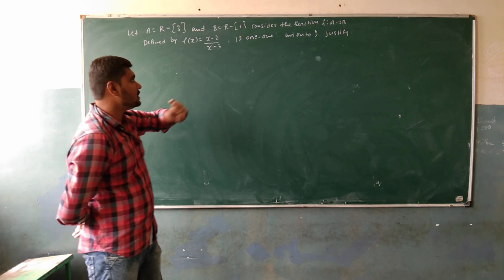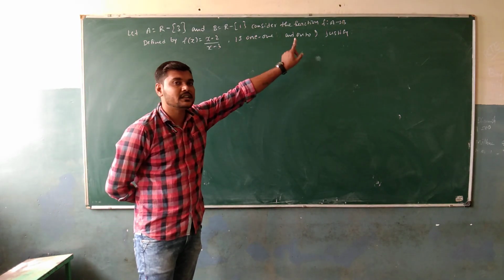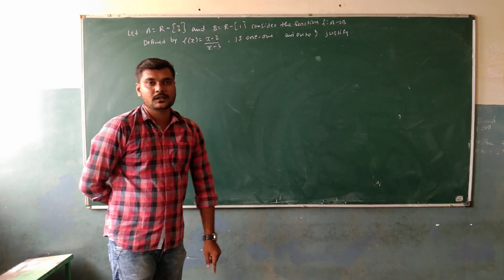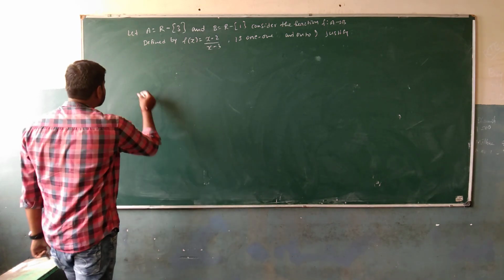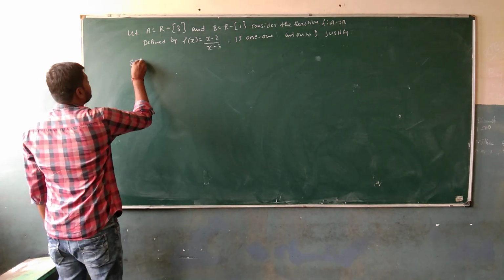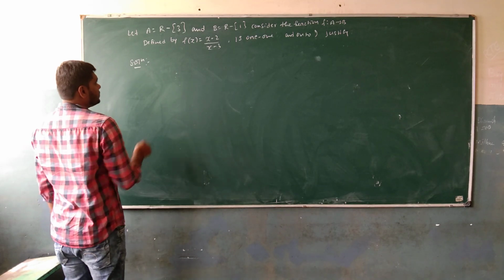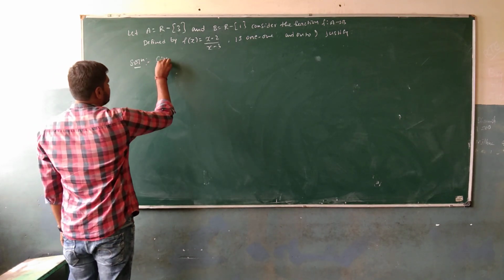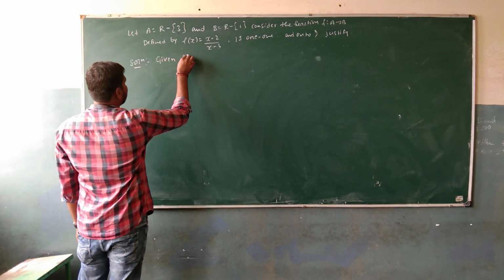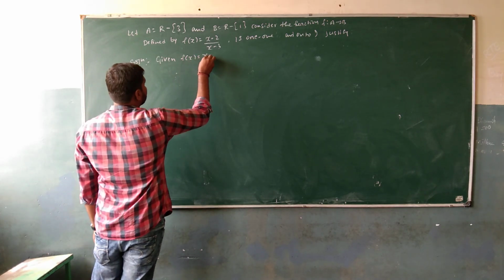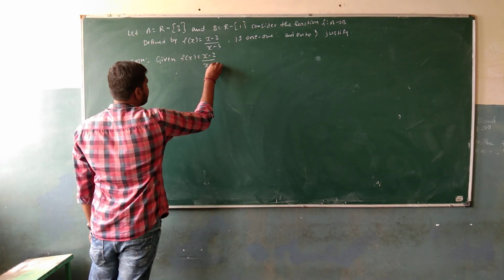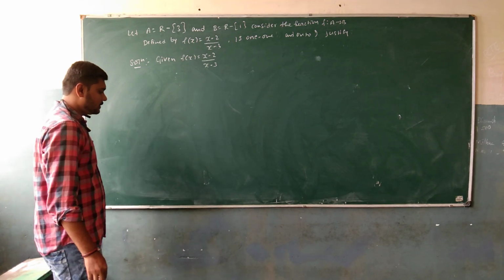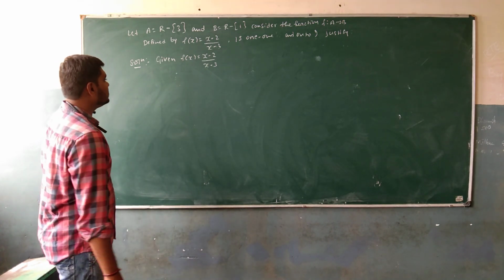In the given function, we need to verify whether it is a one-one function and onto function, and we need to justify our answer. The solution: given f of x is equal to (x minus 2) divided by (x minus 3). Then let